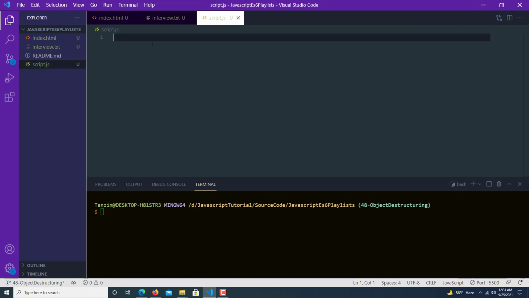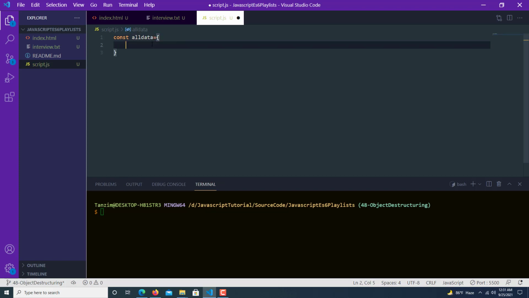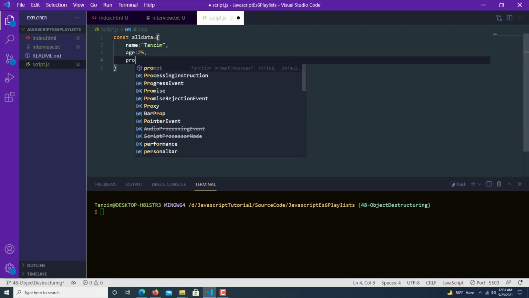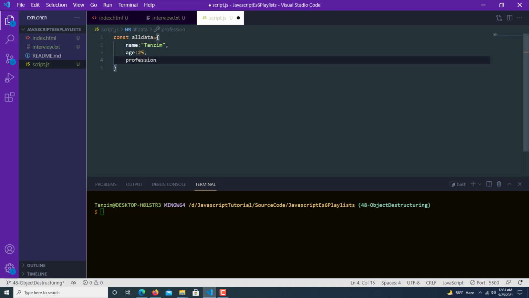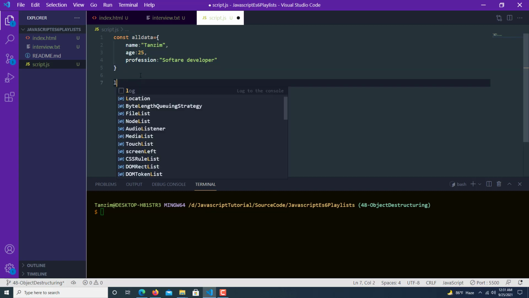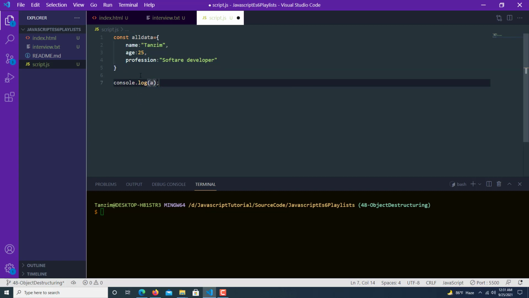So let us look at some things. We write const allData equals name: Tanzim, age: I'm always 25, profession: software developer. Now if I want to find what is there in the console, what I can just do is console.log(allData). Okay, now I'm not running this, because that would defeat the purpose of this